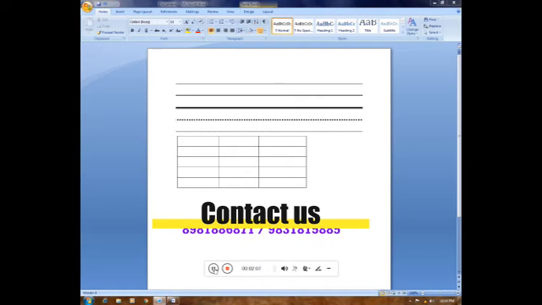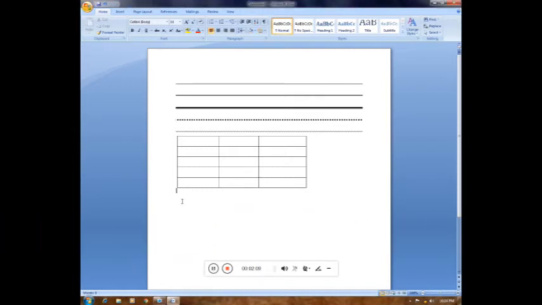Here the plus sign represents the number of cells and the minus sign represents the length of the cell. So press the minus sign how long you want your cell. We can use the tab button in the replacement of the minus sign, like this: plus, then press tab, then again plus, tab, plus, tab, plus, and press enter.